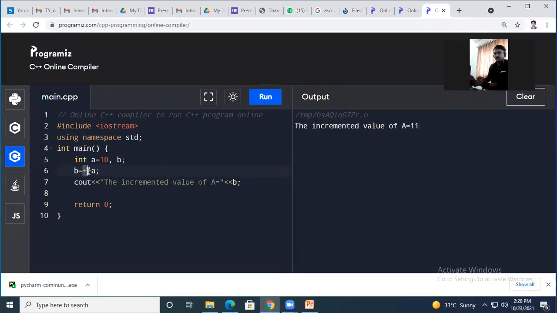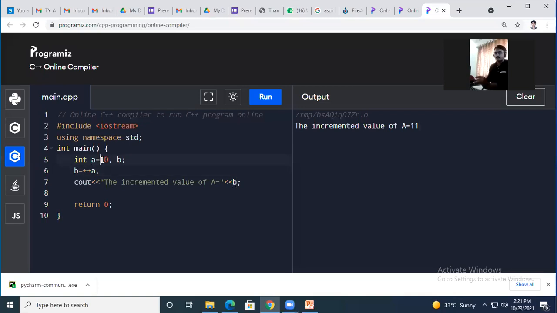Whatever is on the right hand side, we call it an operand. On both sides of the assignment operator, we call them the left and right operands. So whatever the operands are on the right hand side, the value of that operand is going to be assigned to the left hand side operand. That means the result of the calculations on the right hand side will be assigned to the variable on the left hand side, in simple language.